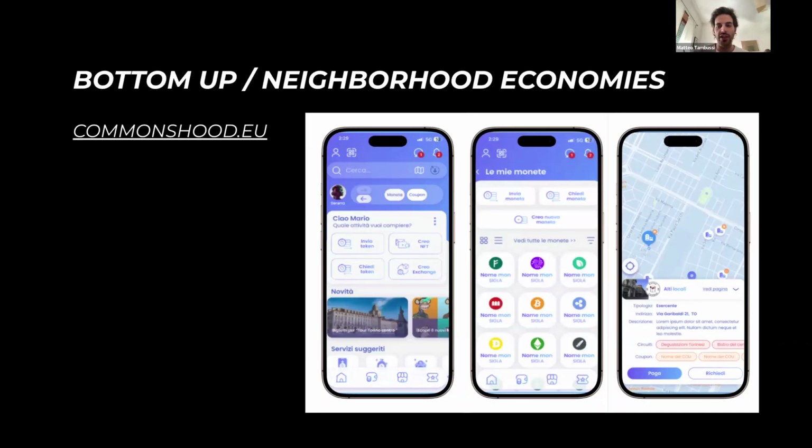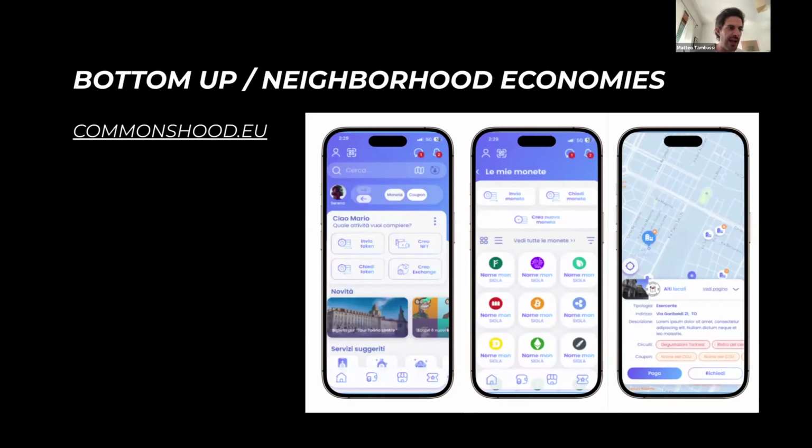Basically, they divided Turin into different areas and social centers, museums, recreational hubs, etc. Within a pilot, they allowed them to issue vouchers in the form of ERC-721, so non-fungible tokens, and to create crowd sale smart contracts that are interoperable between all these crowd sales, in order to incentivize the flow between a given museum and the related social center or community hub nearby.